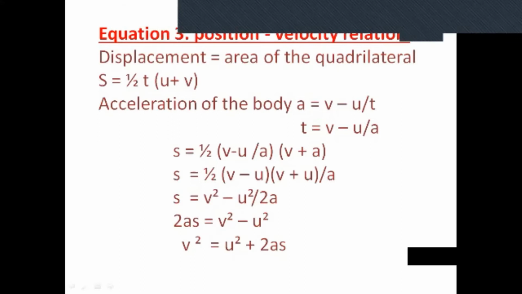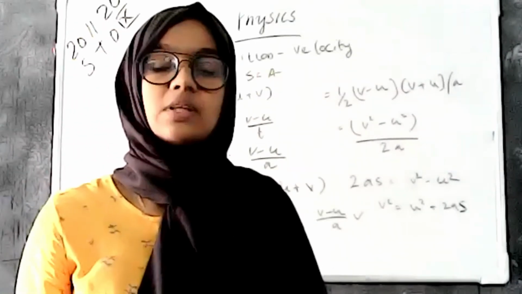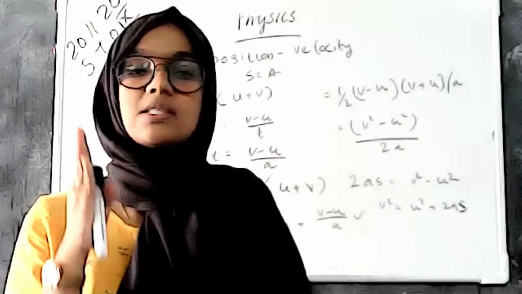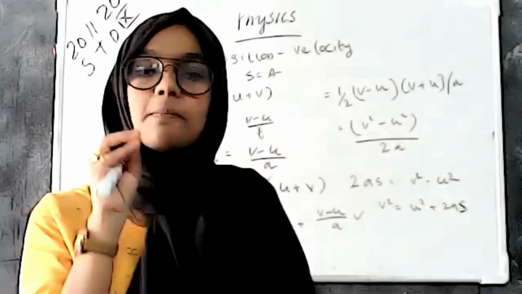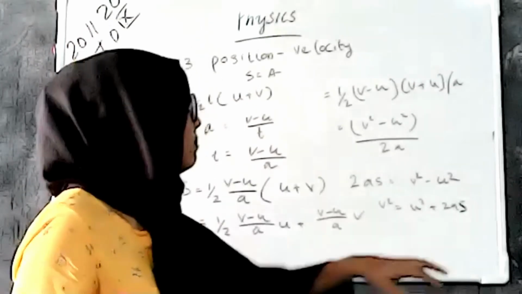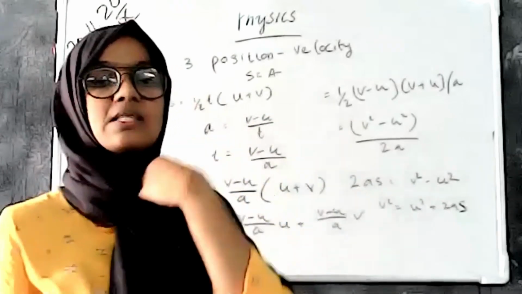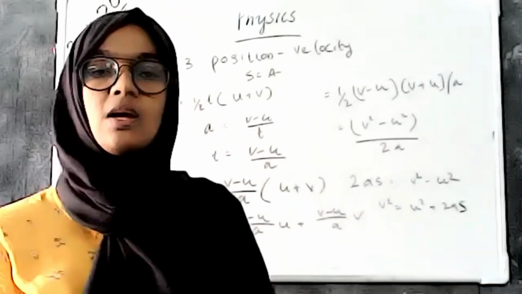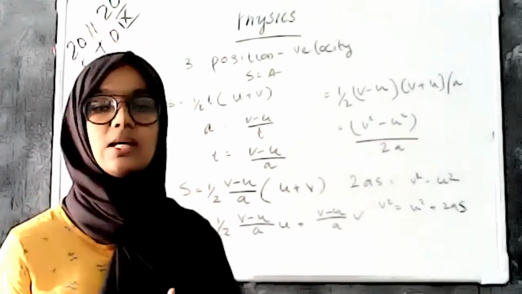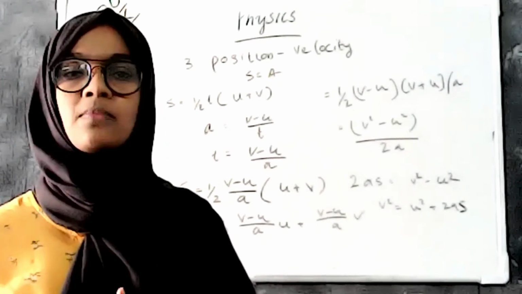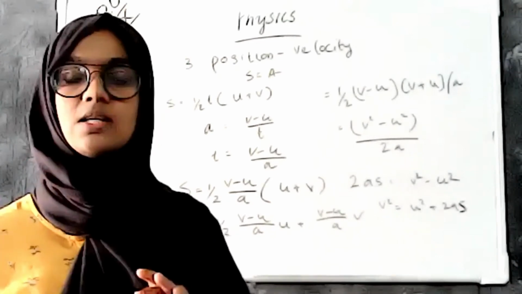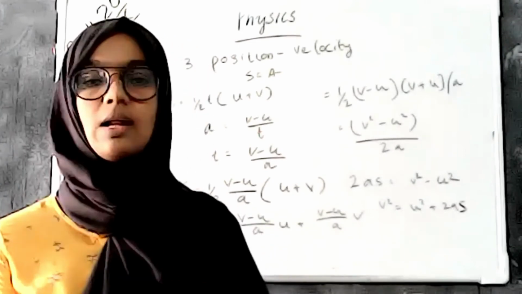In all three equations, we are using the same way. In the first equation, we are considering a trapezium, and we use that trapezium in all three equations. In the first, we briefly explain how the trapezium is considered, and the sides of the trapezium, the position, the changing velocity and the time relation are all discussed in the first equation of motion. Then, by making some substitutions, we find the second and third relations. That is the only difference between the three relations.